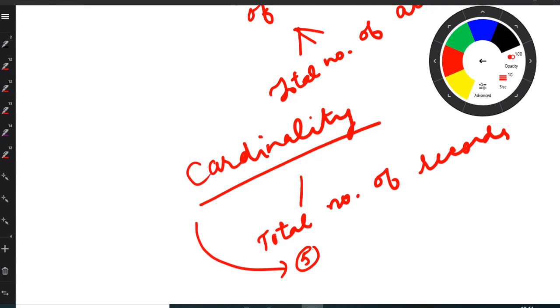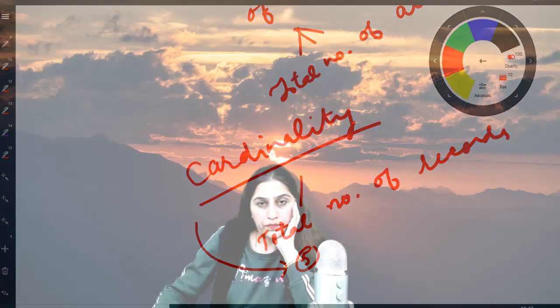Cardinality, degree, primary key, these are all the terms you should know as a base. At the same time, you should not go for cramming these facts. Data, table, record, field, you should know it practically so that we can feed the information practically in a computer based on the problem, not based on cramming.